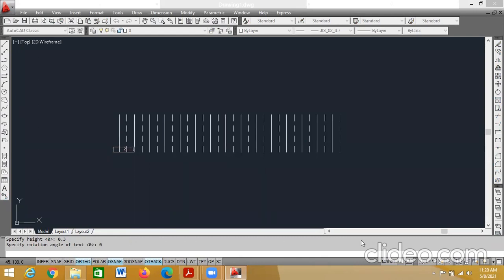2, correct? 2, 4. If you want to number all the conductors, you can do 1, 2, 3, 4, everything.